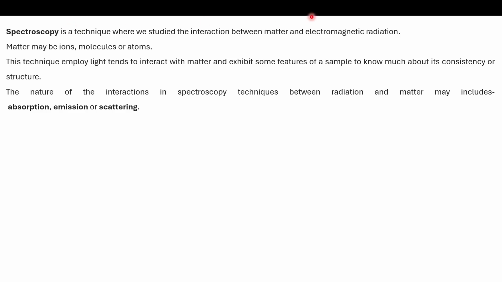The matter in question can be ions, molecules, or atoms. Spectroscopic techniques employ the fact that light tends to interact with matter and exhibit some features of a sample, which helps us to know much about its consistency or structure. The nature of the interactions between radiation and matter may include